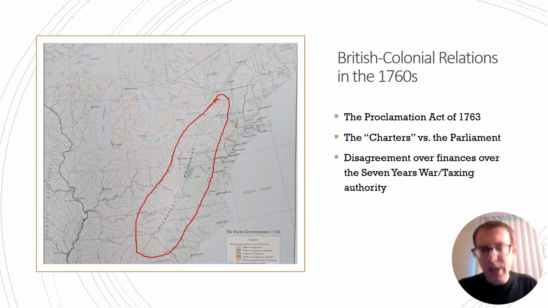And so American colonists often have major disagreements with the acts that Parliament passes. And so the American colonists actually appeal directly to the king to overrule Parliament on